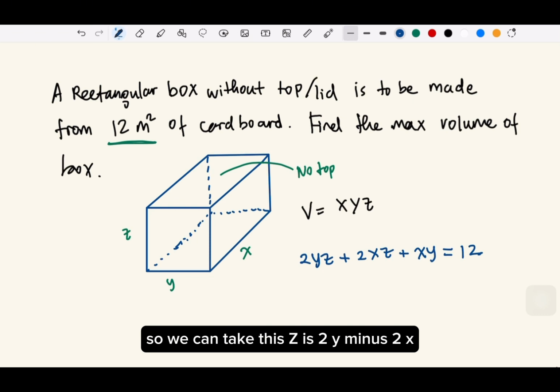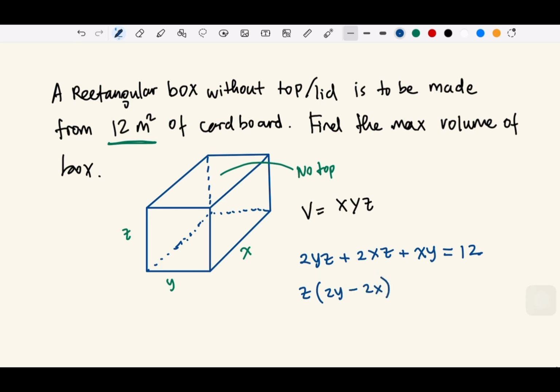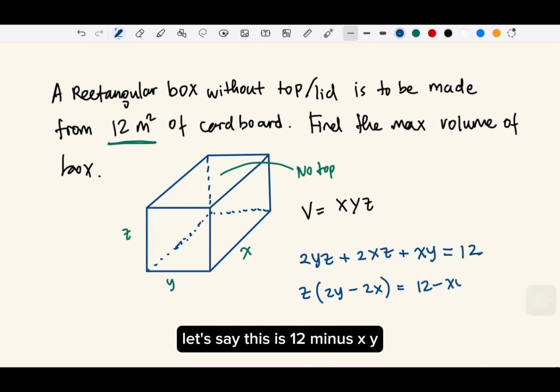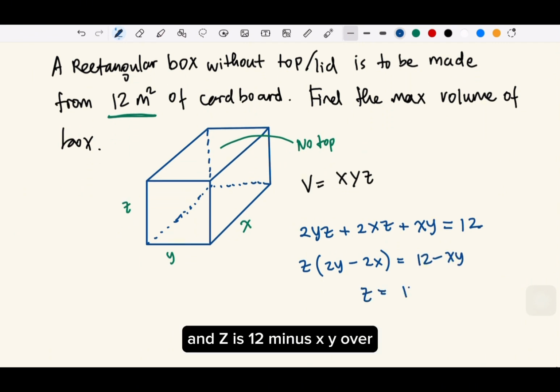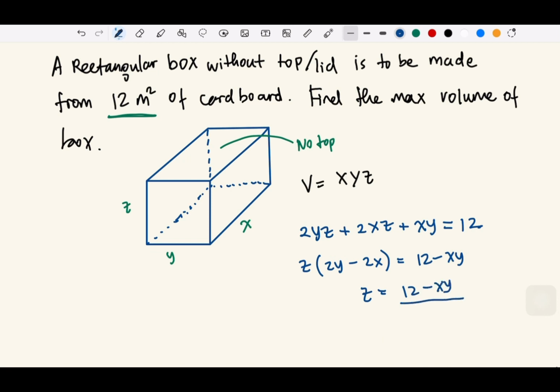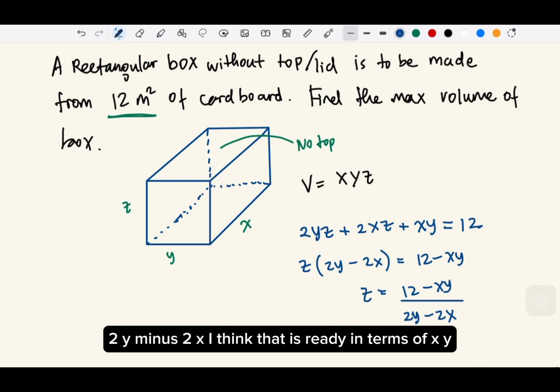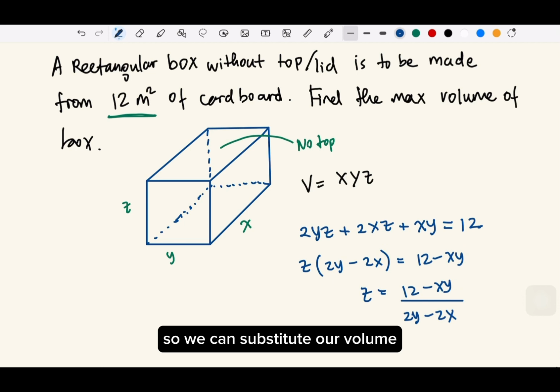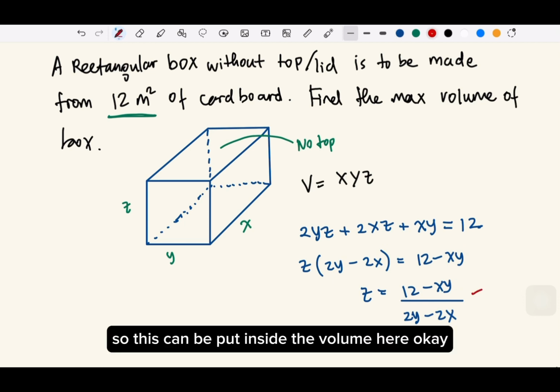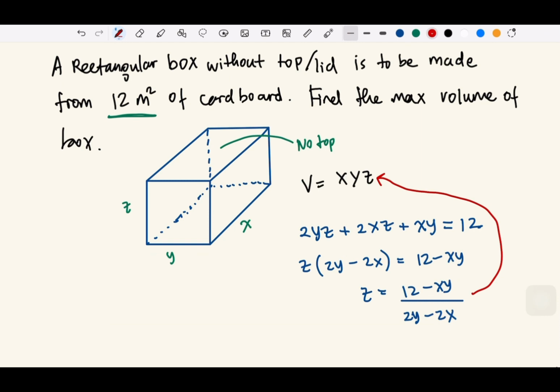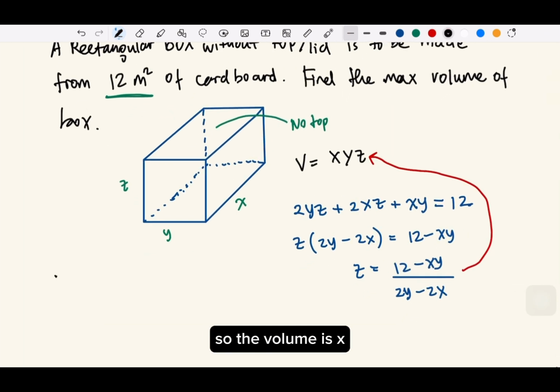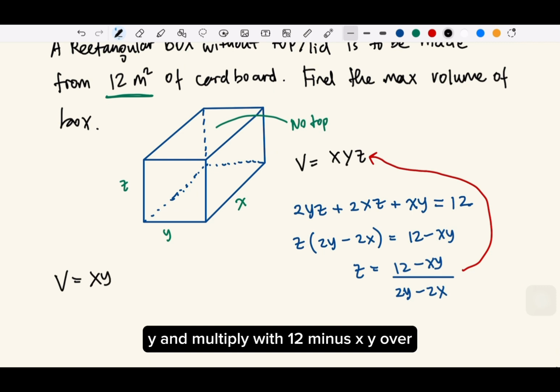So we can take this z is 2y minus 2x, and then let's say this is 12 minus xy, and z is 12 minus xy over 2y minus 2x. I think that is already in terms of x and y, so we can substitute to our volume. So this can be put inside the volume here, okay? So the volume is xy and multiply with 12 minus xy over